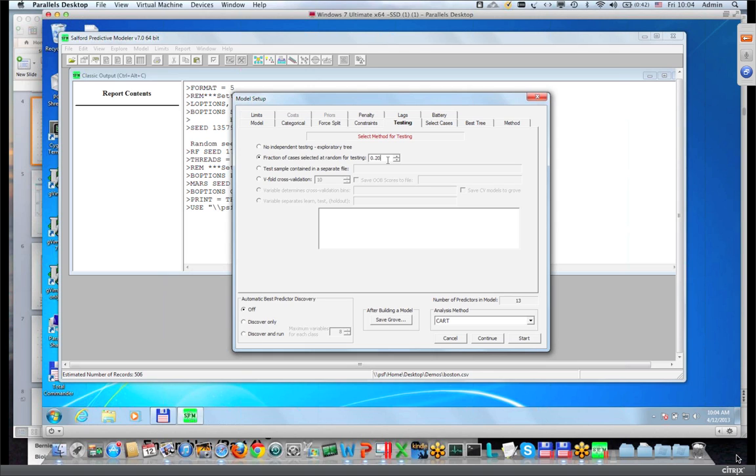It's a great convenience, of course, when you redo an analysis to know for sure that the random number seed is starting as it had previously. Now let's leave all the other items at default,